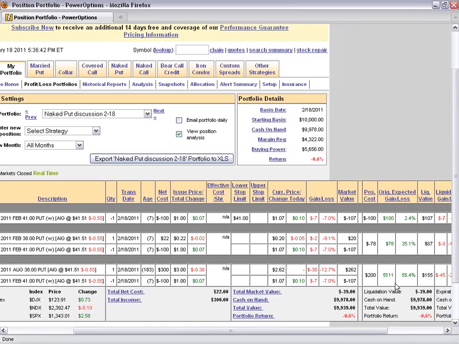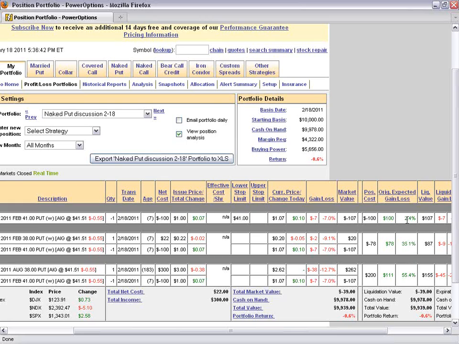If the stock's trading right at 41, it'd be $111. For the naked put, it would be $100. And for the bull put credit spread, it would be $78. Okay? Now, the return, leverage return, works for us and works against us.